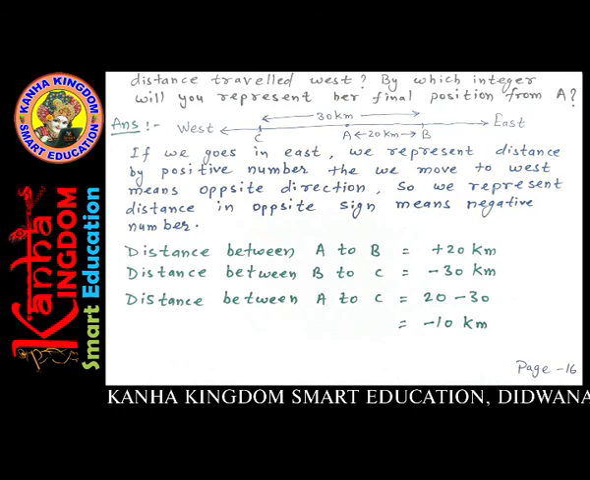Rita moves from A to B 20 km. So the distance between A and B is 20 km. From point B to C, the distance is 30 km in the west direction. The question is, what is the distance between A and C? From this diagram, we can say that the distance of A to C is 30 minus 20 is equal to 10 km. So the answer is,